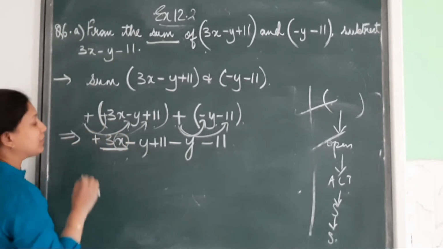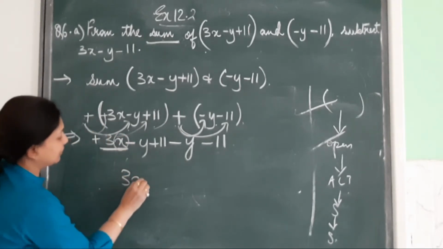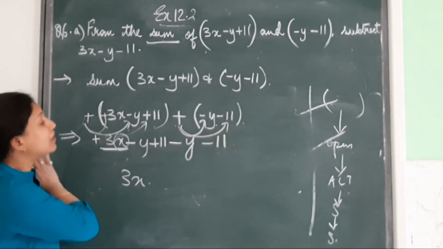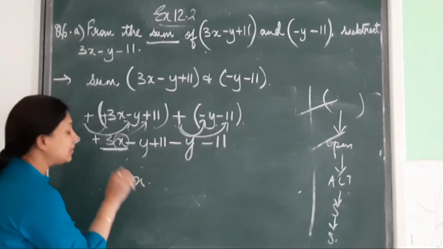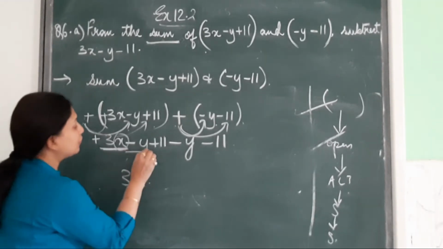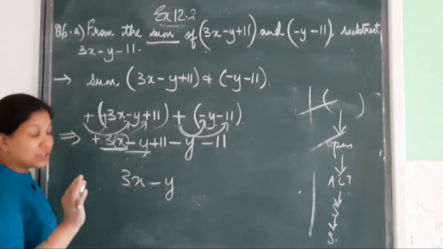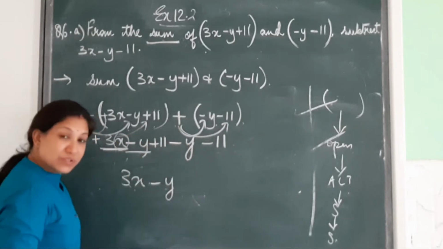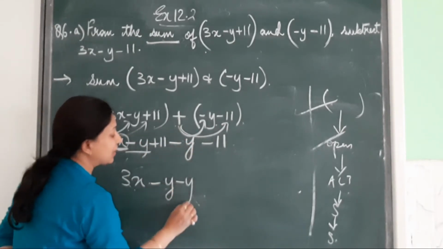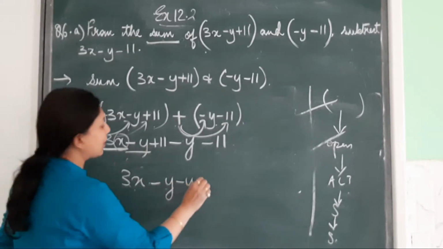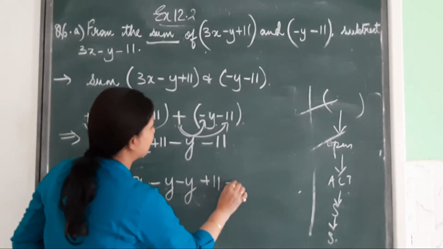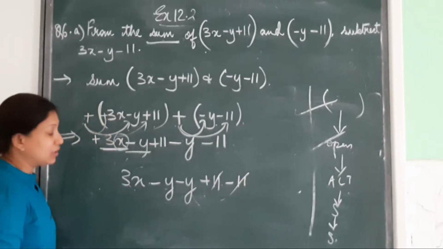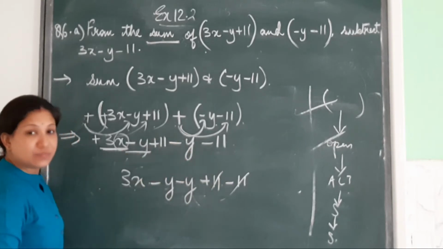So we will take the x family first. For x we have here 3x. Any other member here, another x term? No, we don't have any other family member of x here. Leave it. Move to y. Copy minus y. Check. Do you have any other family member with the same surname? Yes, Mr. minus y is another one. Okay. Now what do you have? You have here plus 11 and then you have minus 11. What will this become? It will become 0. They will cancel each other. Yes, plus 5 and minus 5 counter each other.